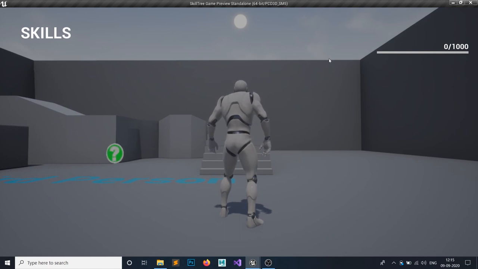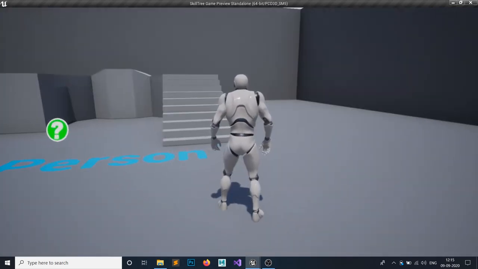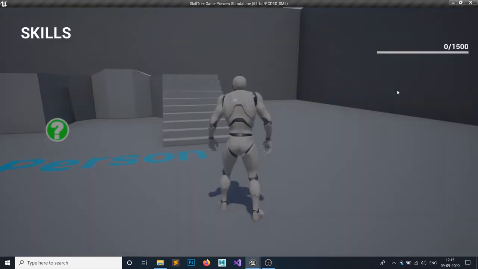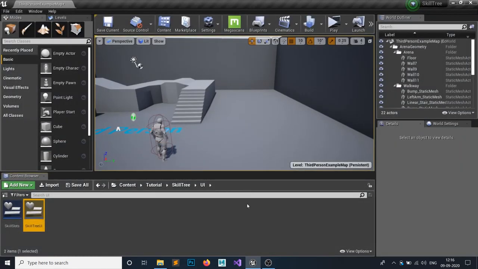Yeah, it is fine. So if we hit 4, we added XP of, let's say, 1000. So you can see we have added 1000 XP and this is increased. If we hit 4 again, you can see this is added. So hit tab and you can just toggle it, and this is our XP bar. You can see it updating in real time. So this is it for this tutorial.